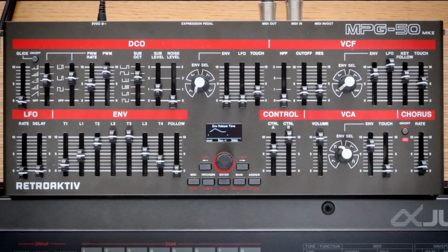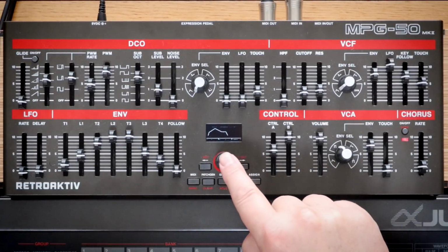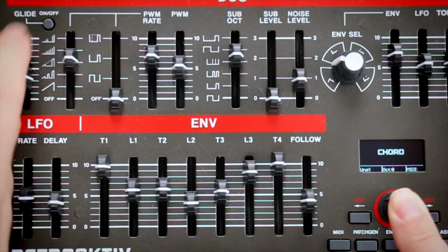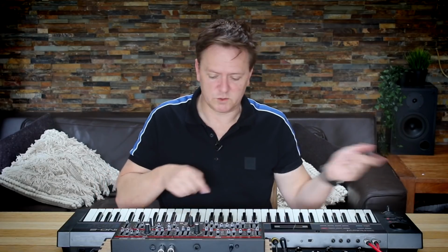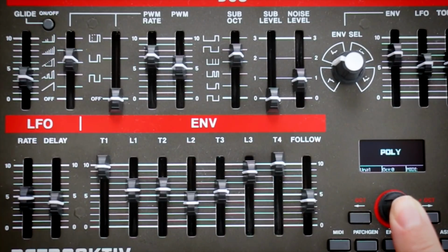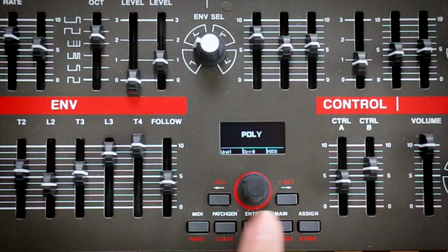Okay, what else have we got? We can go to mono, chord or poly mode, pressing Shift and the glide button. So chord mode, choosing the chord mode on the Juno 2. Or poly mode. So we've got access to all synth engine parameters. The only one I had difficulty finding was the range, and it's here with the octave plus and octave minus, shift up and down. So as a control surface, it does everything you expect,